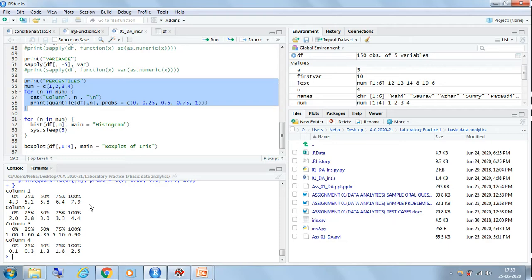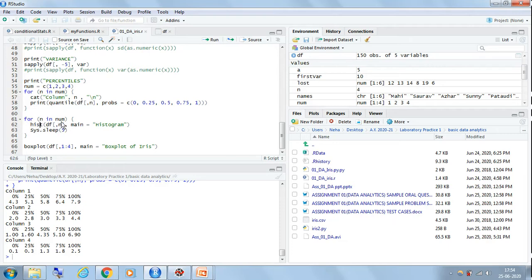So it will take values 1, 2, 3 and 4. So every time we are going to plot the histogram of different attributes. So the function that we are going to use to plot the histogram is hist df in bracket comma n. Okay, because we have to display it column wise.